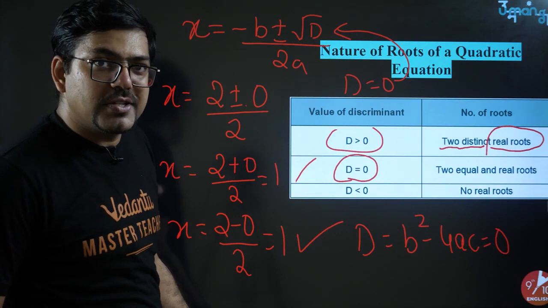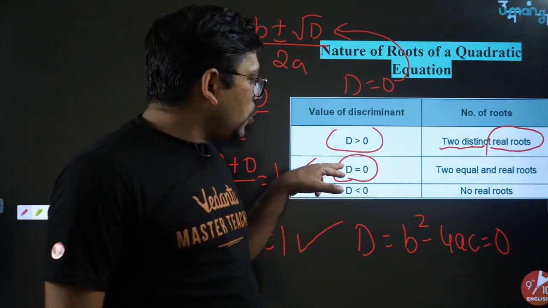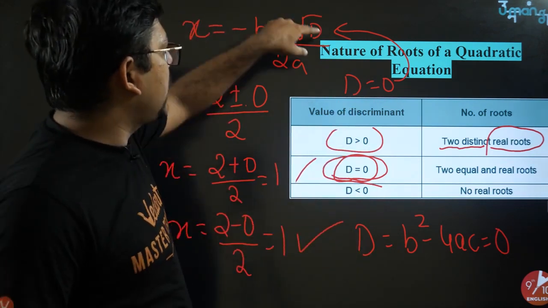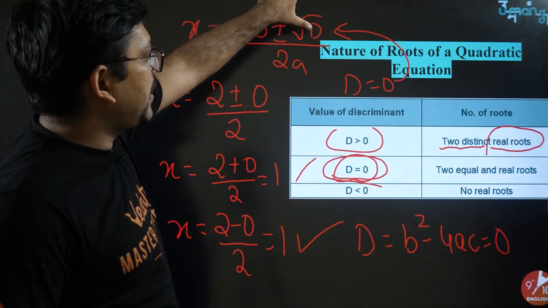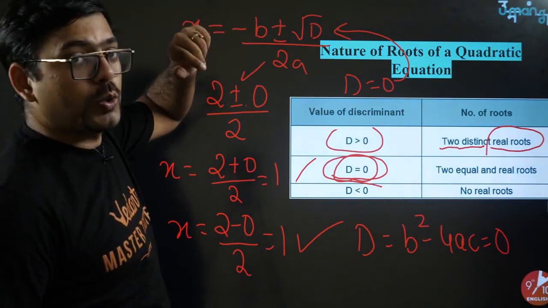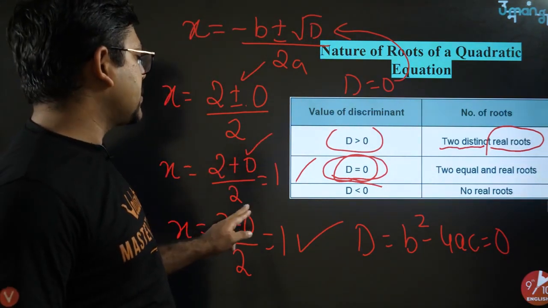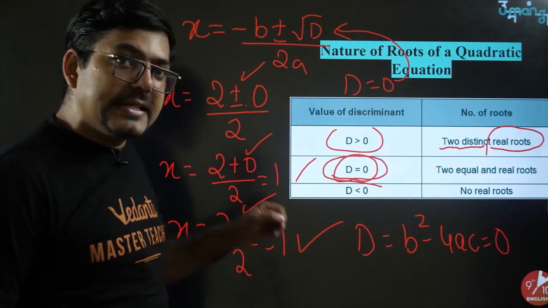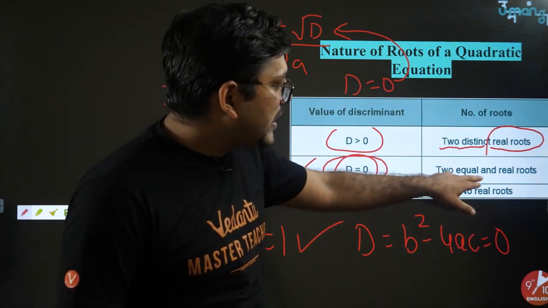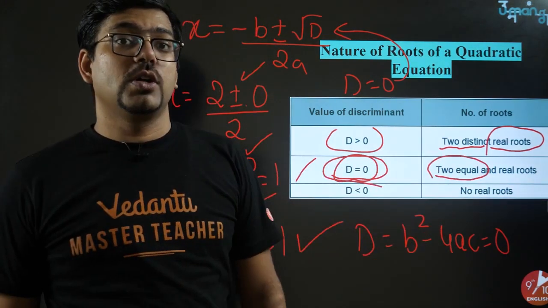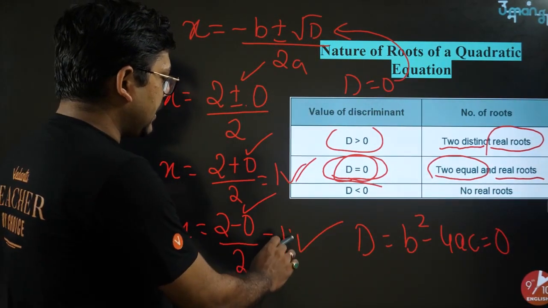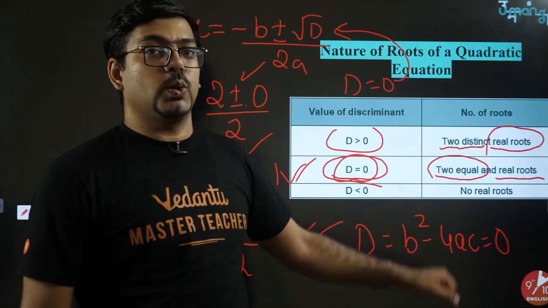It did not change. So whenever you have d equals to 0, it actually makes the situation where both the plus and minus, both the times, you are just doing 0. And adding 0 and subtracting 0 will not make a difference. Since they are not making a difference, you will get two equal zeros, two equal roots. Although they would be real, no doubt about it, they are real, but they will be equal.